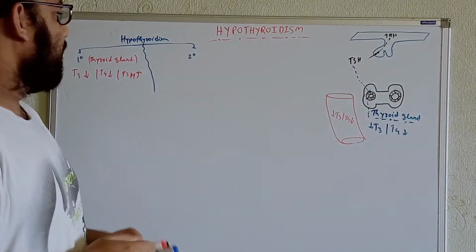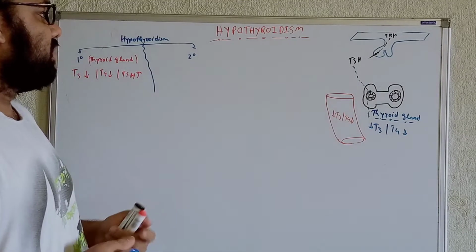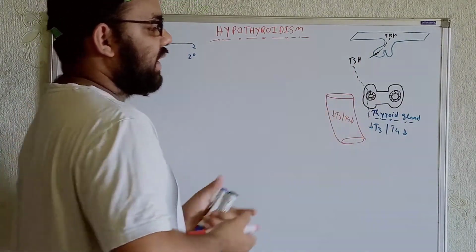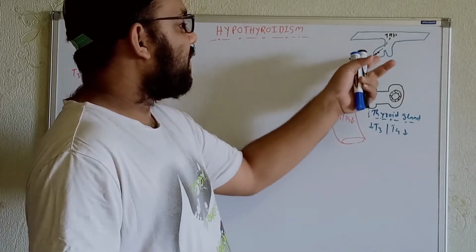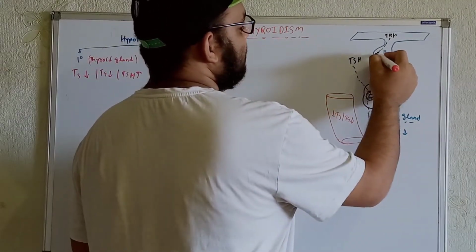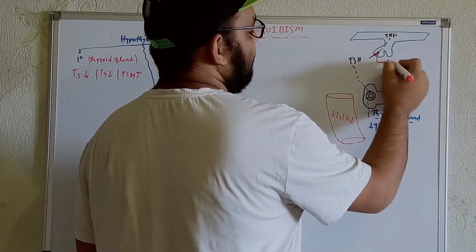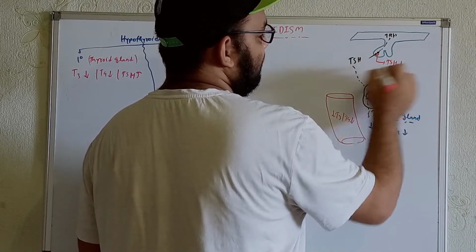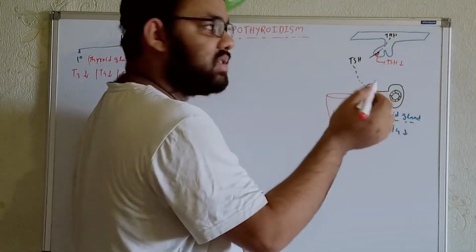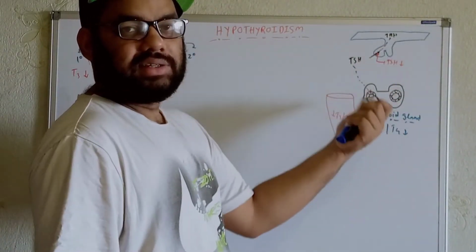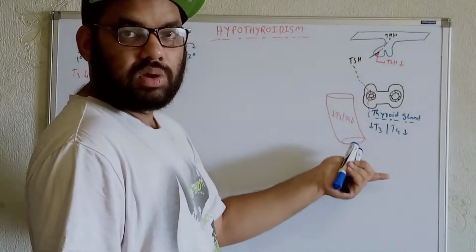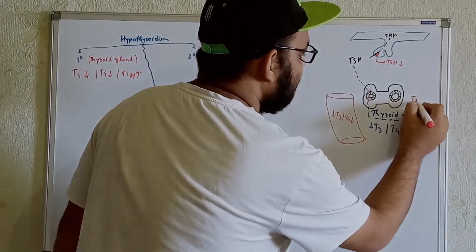Now what about secondary hypothyroidism? Try to understand: if we get any kind of problem within the pituitary, and there is no problem within the thyroid gland, but the problem arises within the anterior pituitary, from where the TSH comes, then TSH will not be secreted from there, so TSH will definitely be less. With less TSH produced because of damage to the pituitary, there will be less activation of the thyroid gland, and as a result we will get less T3 and T4 also.